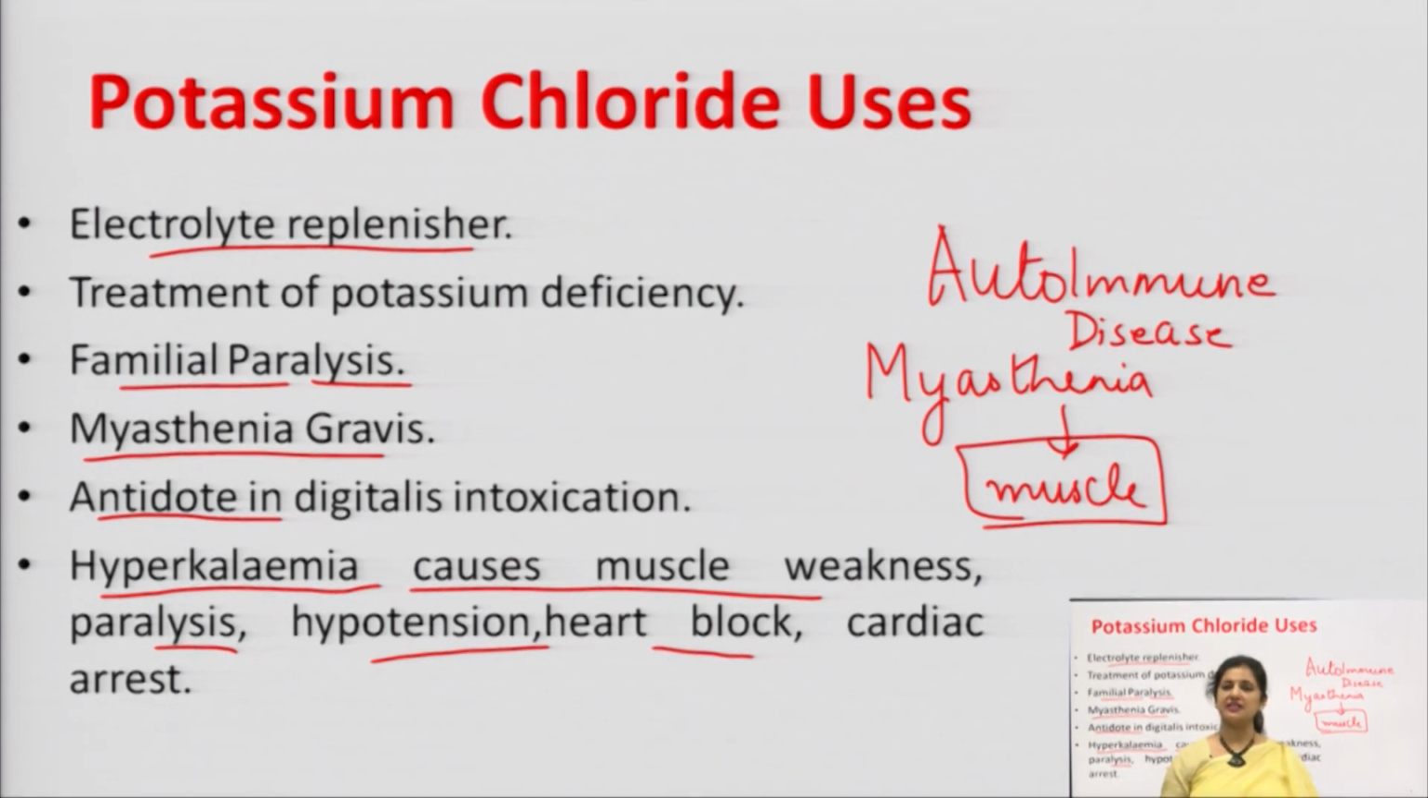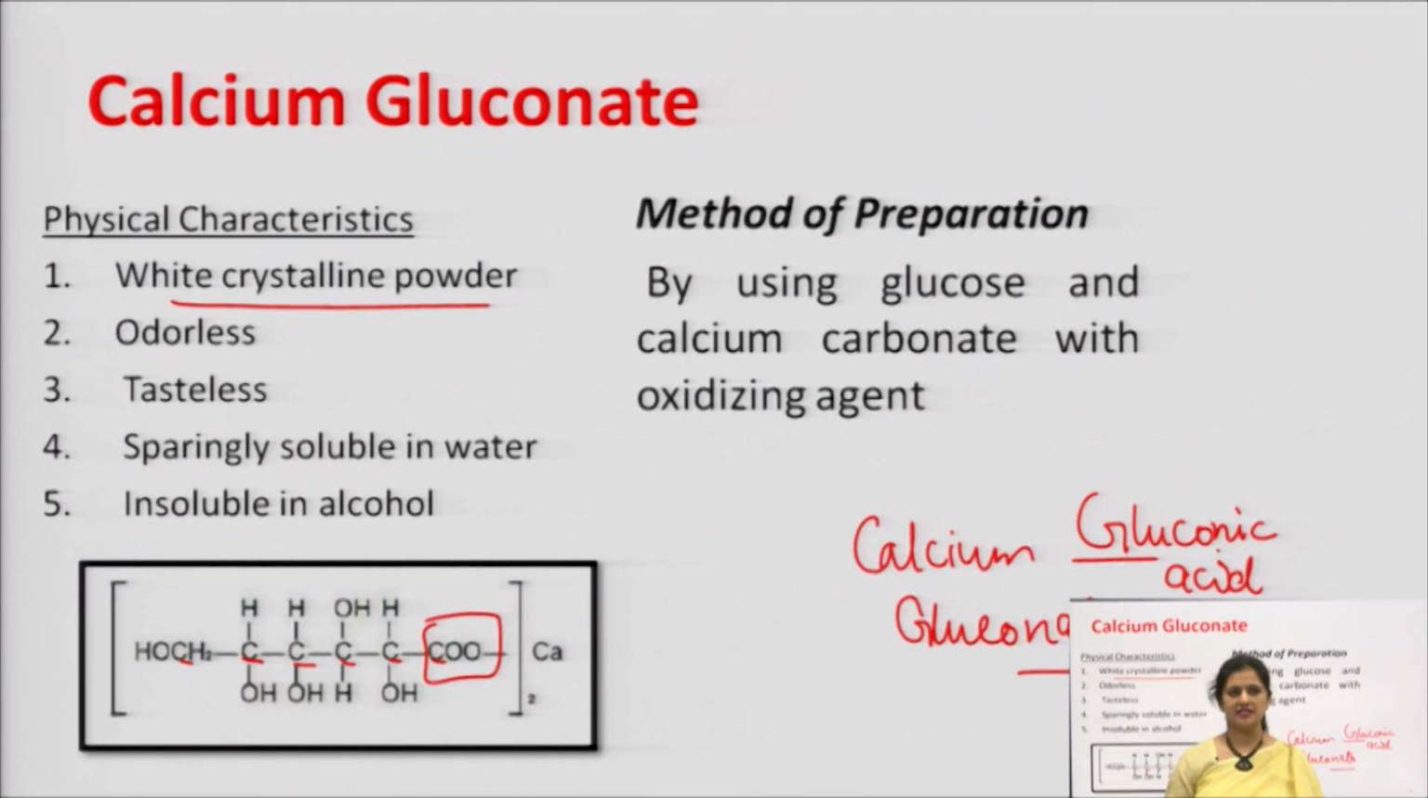It is also used as an antidote in digitalis intoxication. Hyperkalemia causes muscle weakness, paralysis, hypotension, heart block, and cardiac arrest. Then another salt is calcium gluconate, which is the calcium salt of gluconic acid, and it is a white crystalline powder